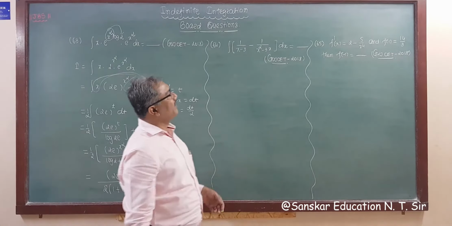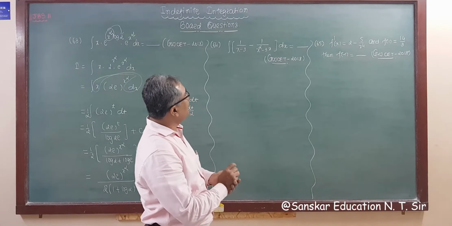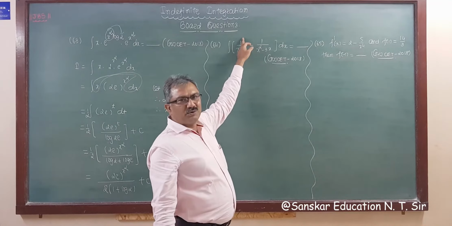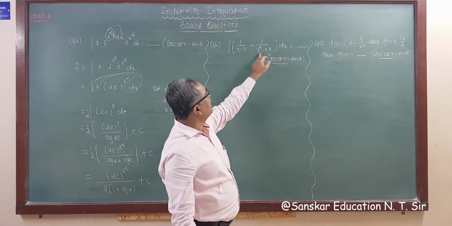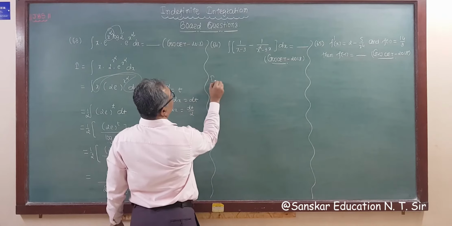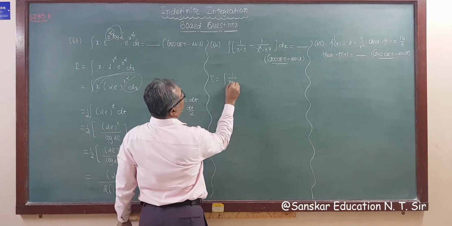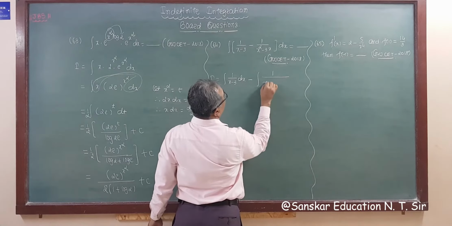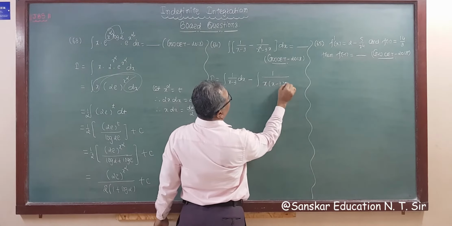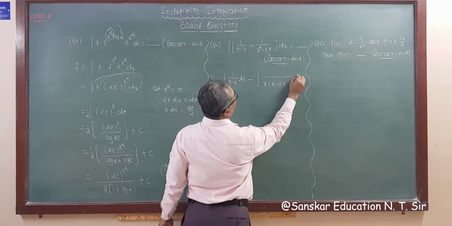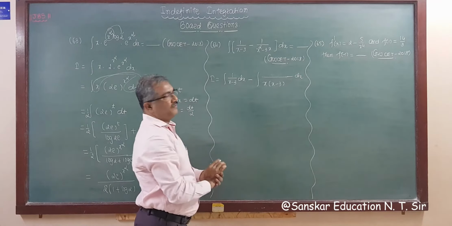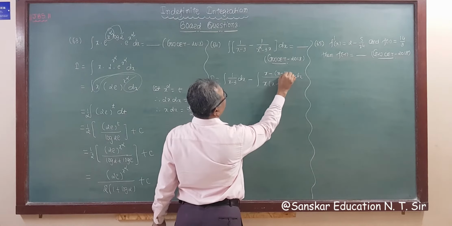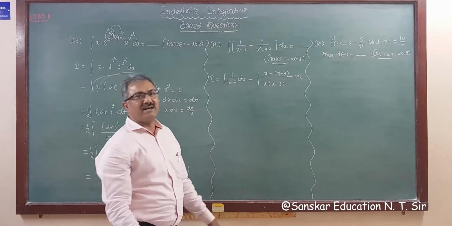Now this is 1 upon x minus 3 minus 1 upon x square minus 3x. Now you know integration of this is log mod, derivative of the denominator is in numerator, and taking x common from here. So this is integration 1 upon x minus 3 dx minus integration 1 upon x common, so this is x minus 3, right? Now adjusting denominator in numerator to get 1, right? What we have to do? x minus 3.